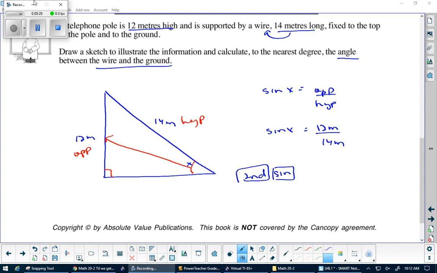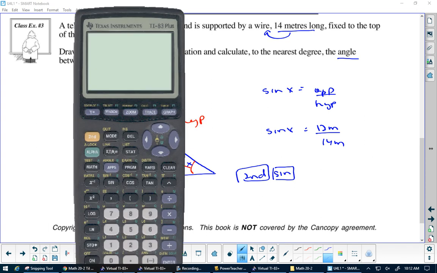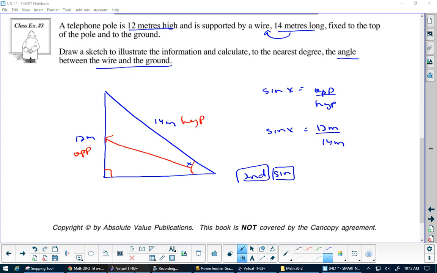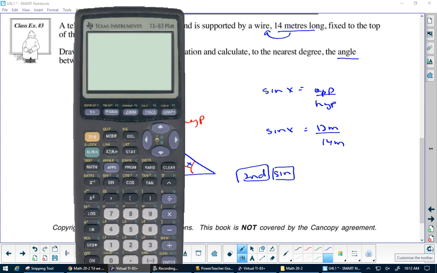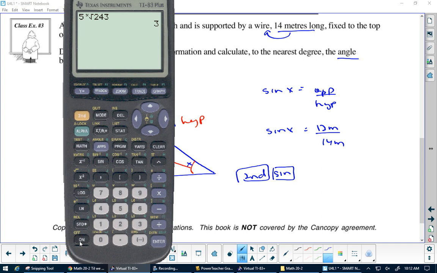So let's bring my calculator up here. I think I opened like 3 calculators. Close this one. Okay, so sine. I'm looking for an angle, so I go second, little arrow, sine, and it opens that bracket. Then I put my 12 divided by 14 in. Okay, now I get